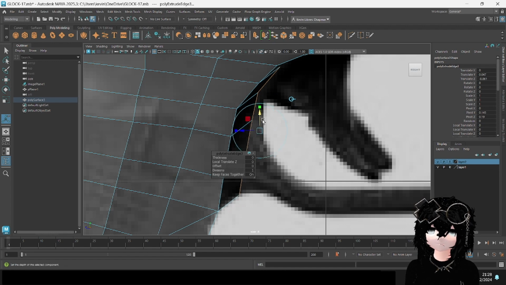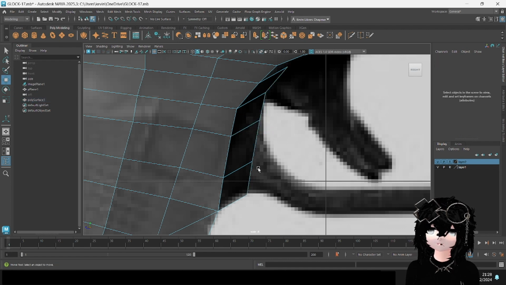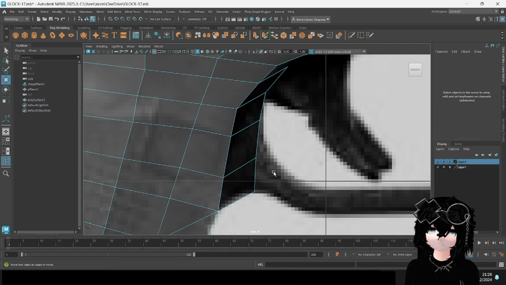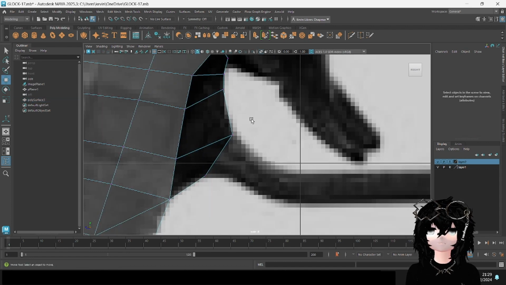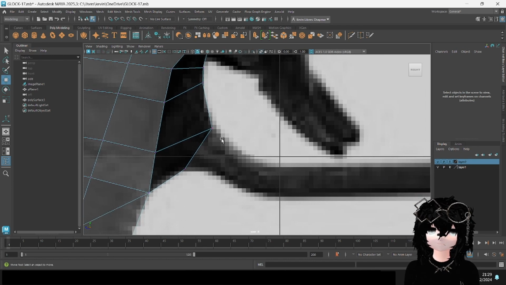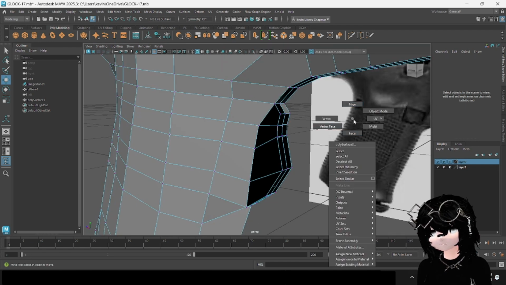Here we go. Up. Move. Up there. There you go. Now we can move this one. Whoa. Oh, right. Let's see. To get more of a definition, let's get both of those a little bit back and then extrude once again. Okay, now I fixed that. Now I will extrude once again. Or before I extrude,